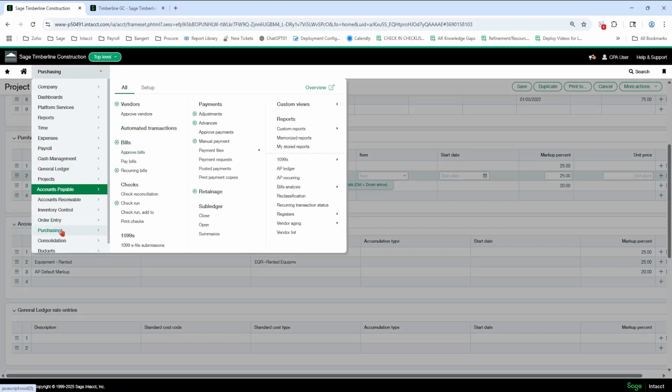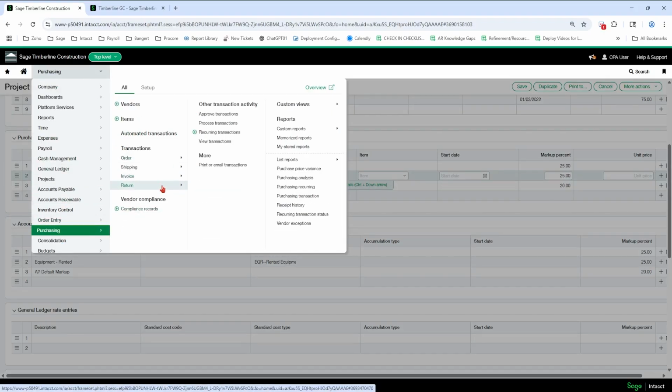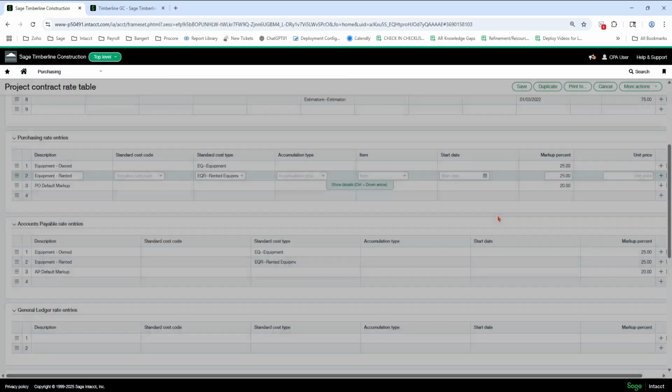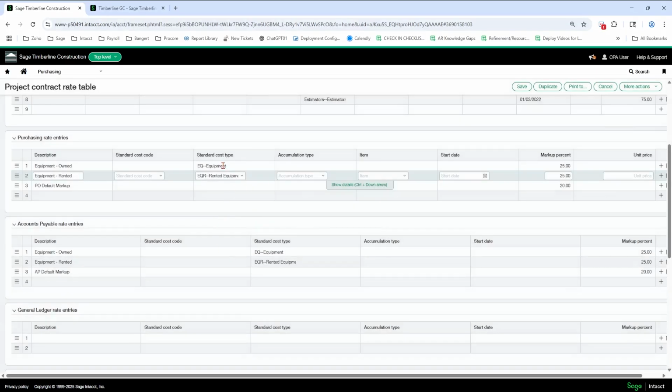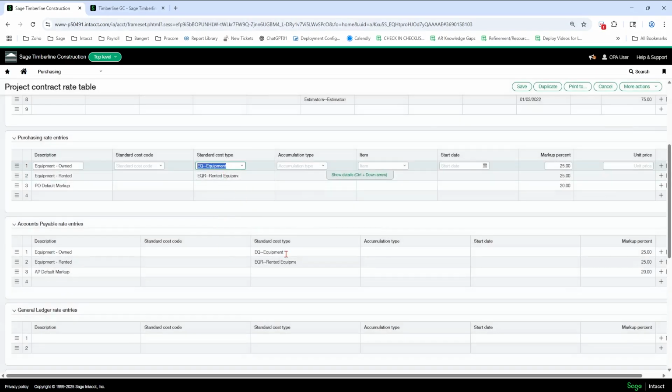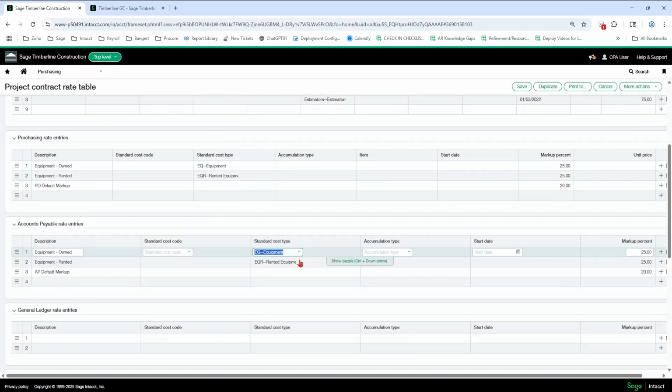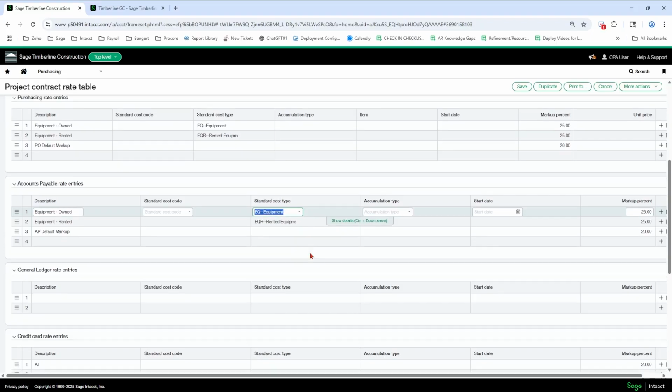That's a choice you can do instead of running it through here, because this might not be a PO. If you want all equipment marked up 25%, any bills that come in with that cost type on it, you need to do it in both areas, just as a best practice.